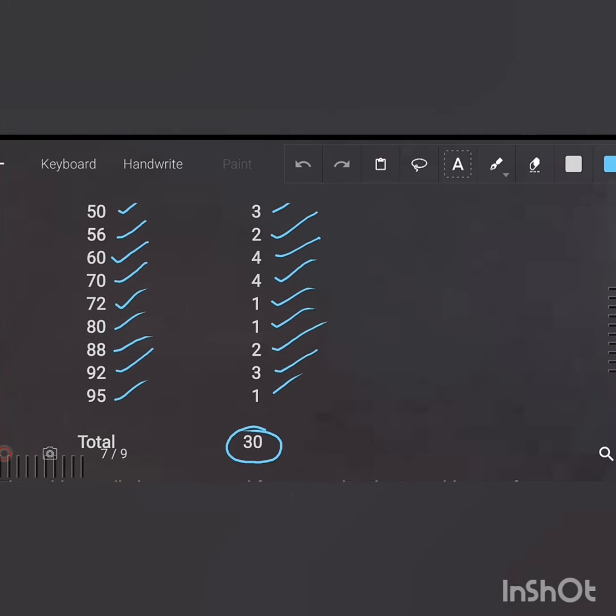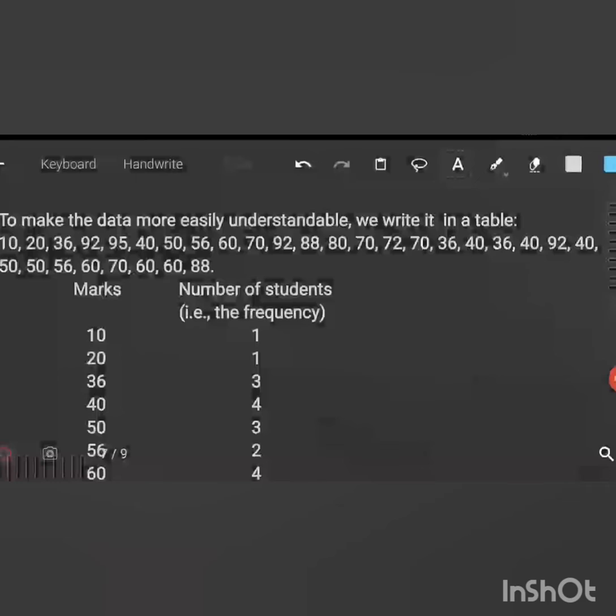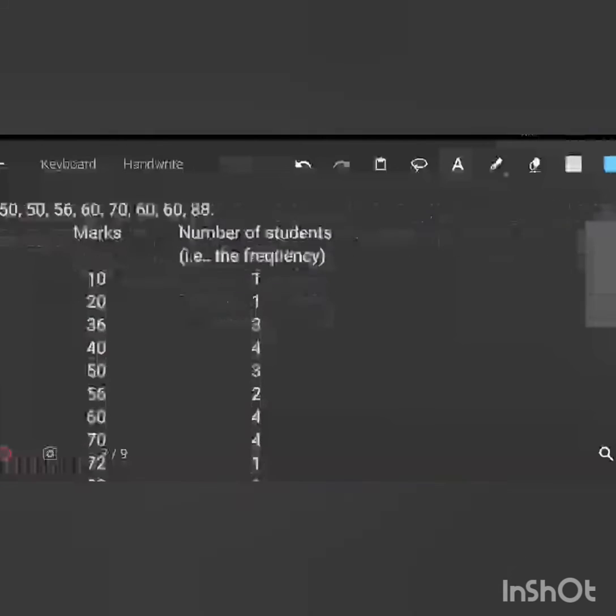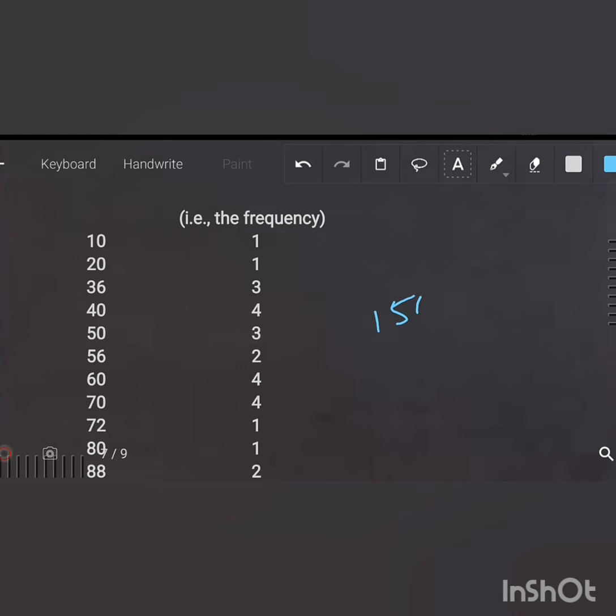And if this works properly, why are we going to grouped frequency distribution? Let us suppose in a class there are 30 students and we are trying to find out the marks scored by each student, and we have made the frequency distribution table using the ungrouped method. Now let us suppose the number of students in a class is more than 100, let us say 150 students.